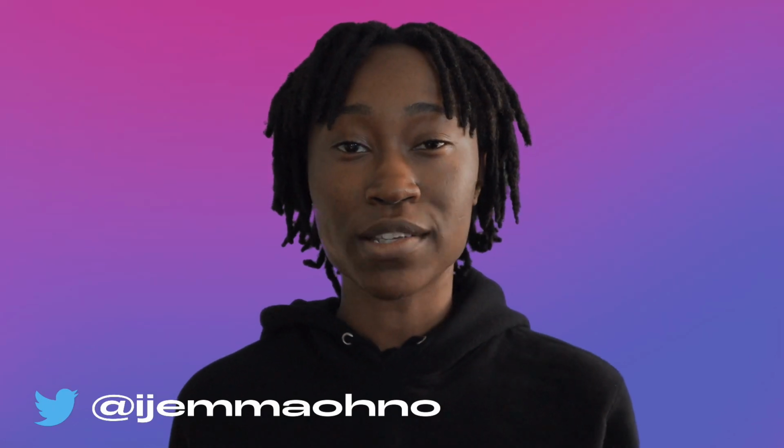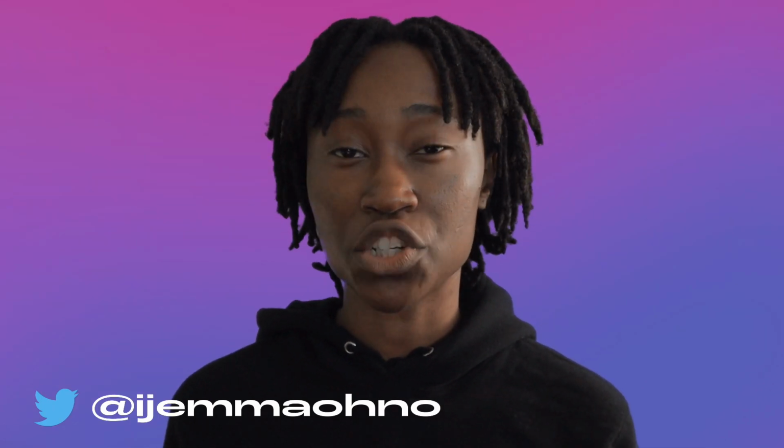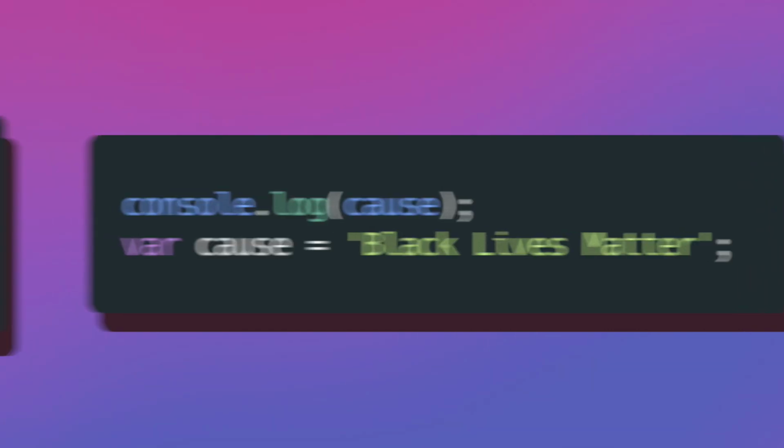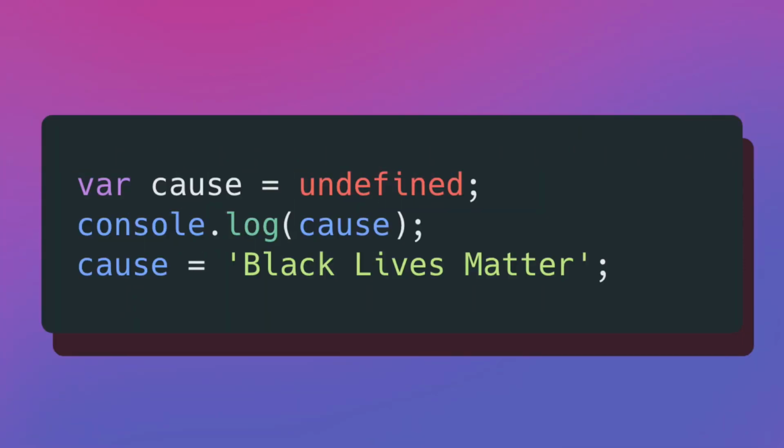Hoisting is often described as the process of raising your variable and function declarations to the top of your code. So when you write something like this, where the cause variable is accessible by the console log before it's even declared, it gets interpreted by JavaScript more like this. For something like hoisting that feels pretty magical, there's a set of rules and limitations that we have to understand